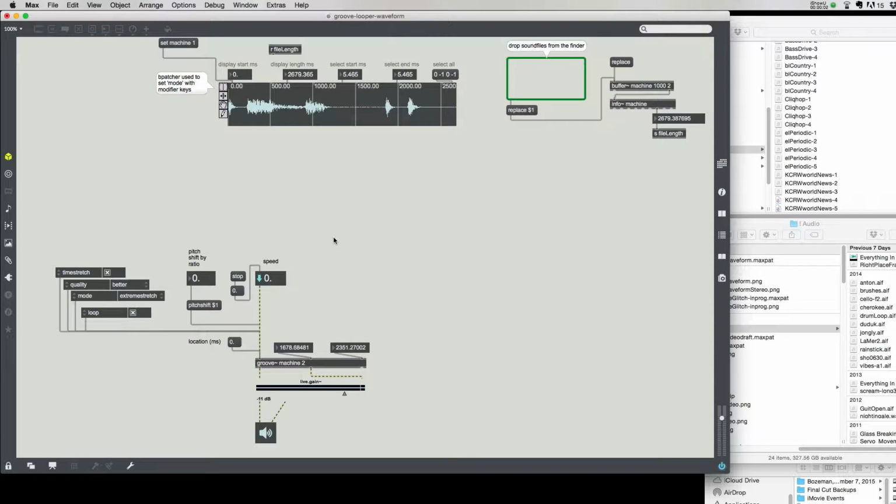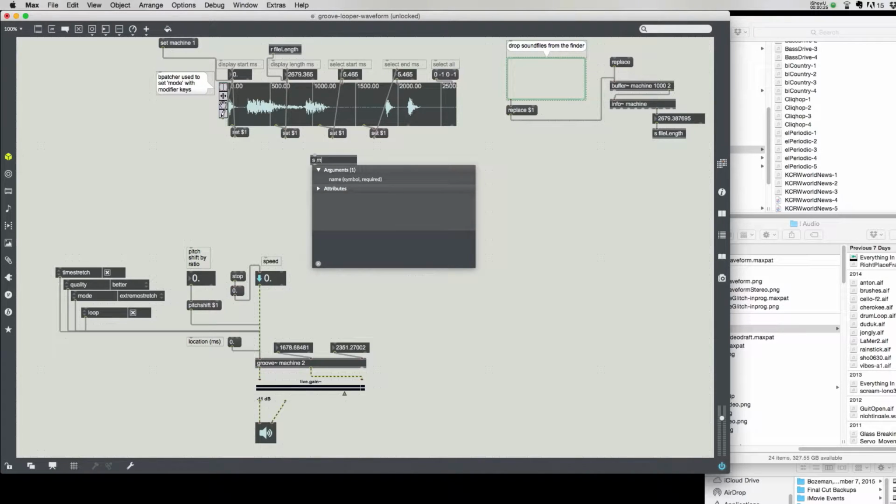Okay, so now let's look at something that waveform is really good at when it's paired up with groove, is that we can make the selection in waveform be our loop points. We're going to take the selection start and the selection end, and we can connect patch cords directly to this number, but let's make things a little bit cleaner and create a send machine loop start object